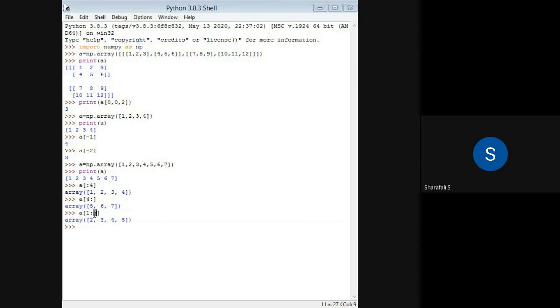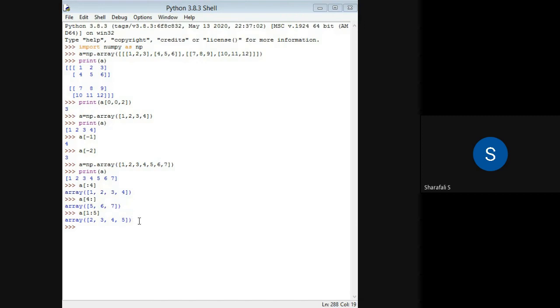The element at index 5 will be excluded, and the element at index 1 will be included. Remember that. So index 1 is 2, and from that up to this 5 we will be getting. That value 6 is excluded because 6 is at index 5.